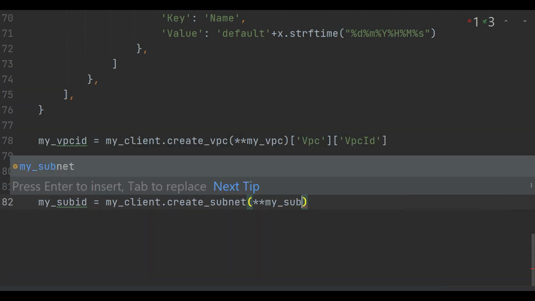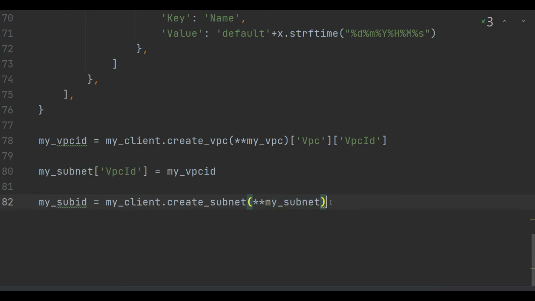That is my underscore subnet, and then I will extract the subnet ID. So that will be subnet, and then I have the subnet ID over here. So I'm extracting the subnet ID and I'm assigning it to a variable, my subnet ID. Next thing we are going to do is